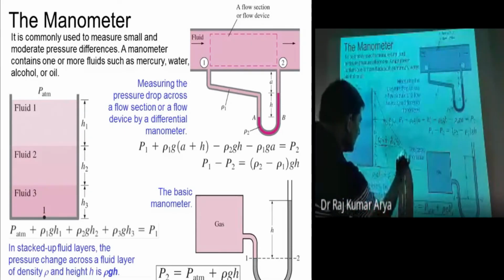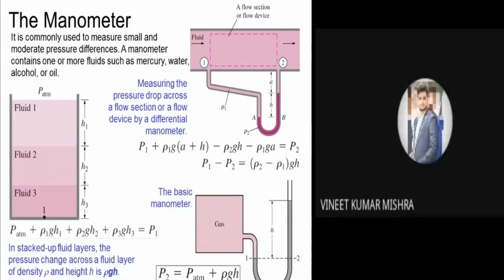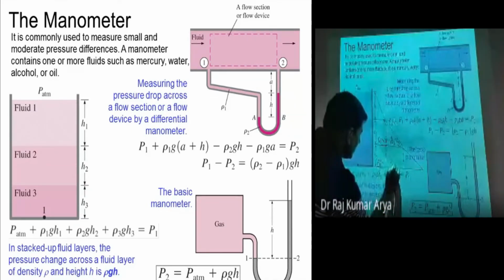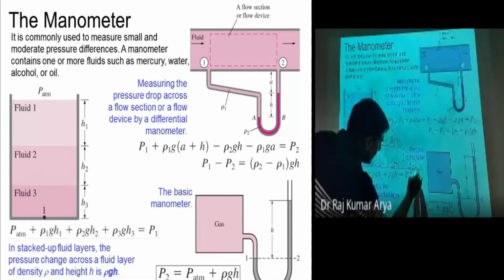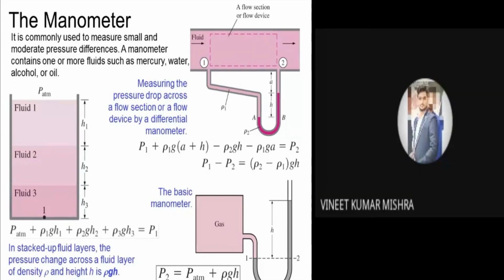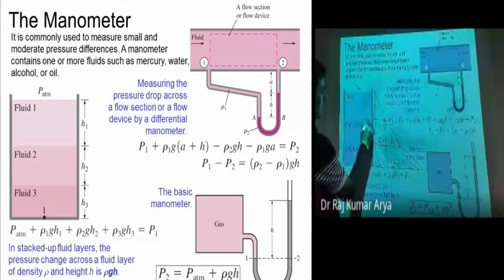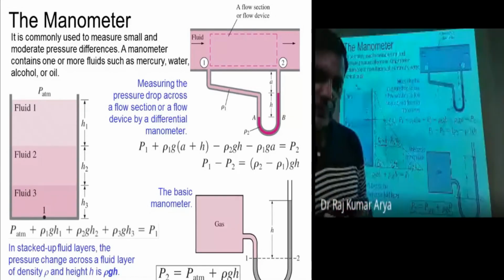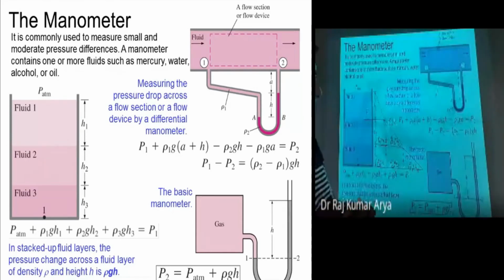So you have this also, and you have another one also, rho 3 g h3. This one is rho 1 g h1. This one is rho 2 g h2. This one is rho 3 g h3, right? Yes, sir. These are the pressures. Can I calculate the force here? What would be the pressure force here? Force का formula: pressure times area, multiplied by area, right?